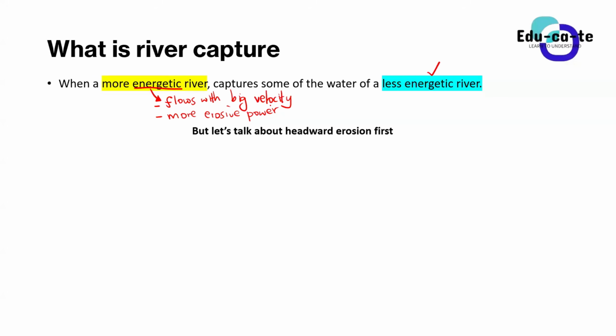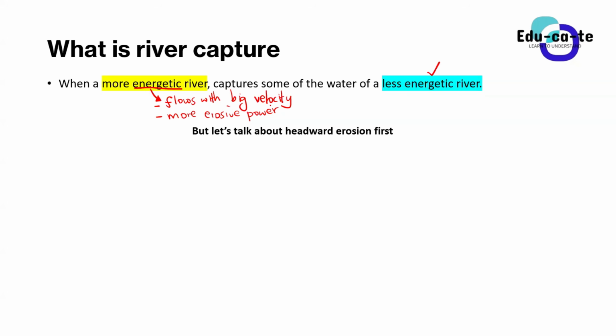So we said last time we explained further on vertical erosion and lateral erosion on the river profile. I told you guys vertical erosion is the one that is responsible for making valleys deep. Lateral erosion makes the valleys wide. That is what I said last time. But now I told you guys that we're going to talk more about headward erosion when we get to the river